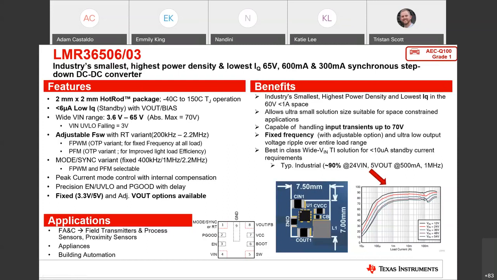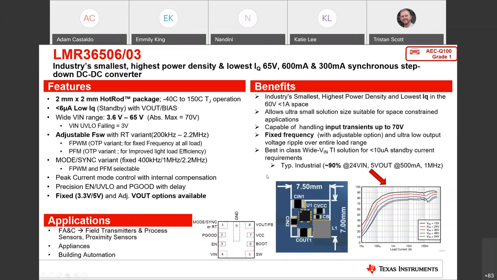And we also have fixed output voltage options, which are very convenient for the common 3.3 volt and 5 volt industrial rails, or we have the adjustable output voltage option as well, but the fixed option can also further reduce the solution size, eliminating the need for a couple of resistors and just simplifying your design. But as you can see on this 3D image, with an optimized solution size, we can get under 50 millimeters squared, so 7 by 7.5, or right at roughly 50 millimeters squared of board space.